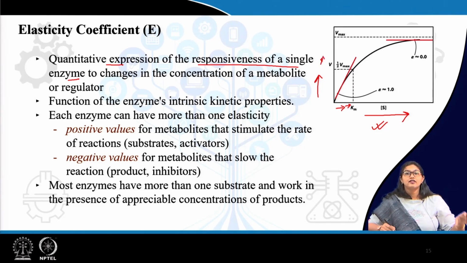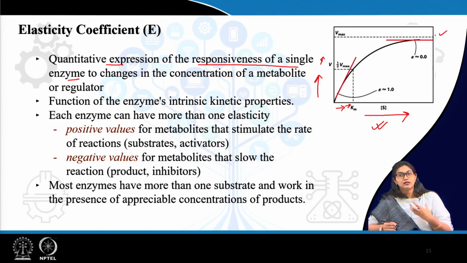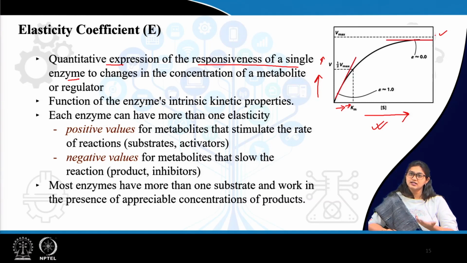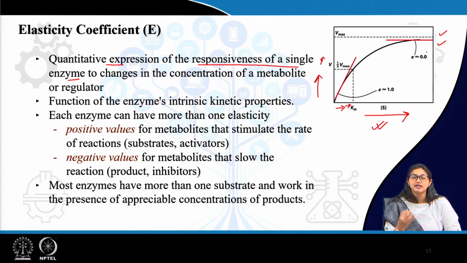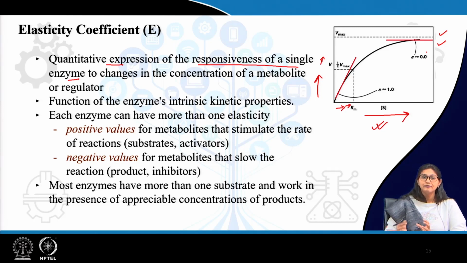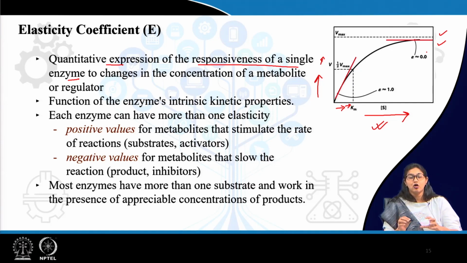So, at the very initial phase, the elasticity of the enzyme is very high based on the substrate concentration. But at the end, when the substrate concentration is increased, the enzyme's rate is not that much increased. So, the elasticity is low because the enzyme's intrinsic properties change. Why? Because now the enzyme is totally or completely saturated by the substrate. So, you can see based on the intrinsic property of the enzymes, the elasticity or its responsiveness towards the metabolite